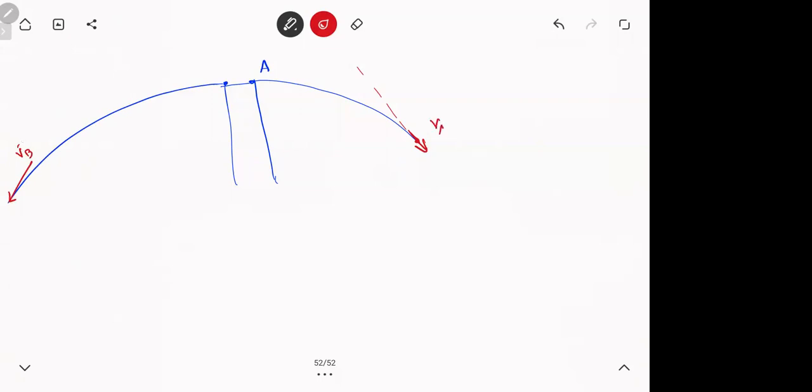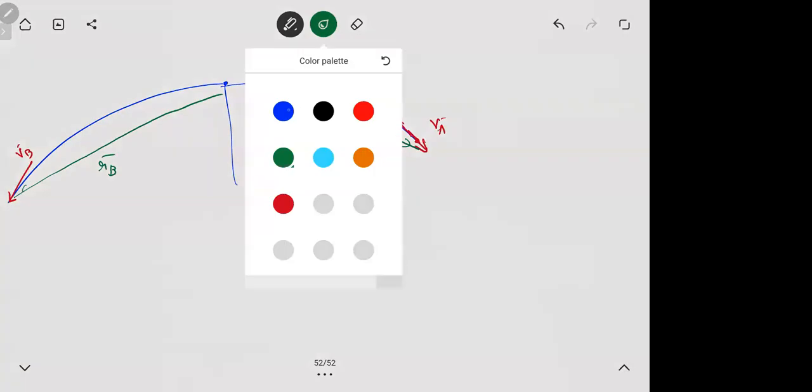Now what I'm asking is the velocity vector. What is the difference between velocity vector and position vector? You're going like this, A. B is going like this. You know what the velocity vector is? Velocity vector is this, tangentially. This is the velocity vector I'm asking, VB and VA bar. This was the position vector. Got the difference? Position vector is a line joining initial to final. Velocity vector is tangential to the path.